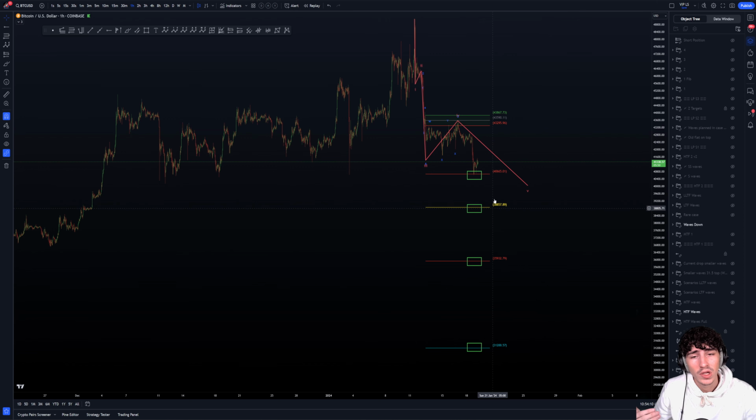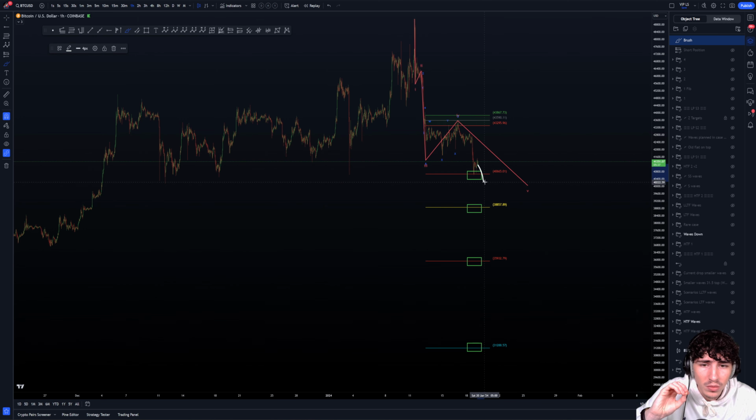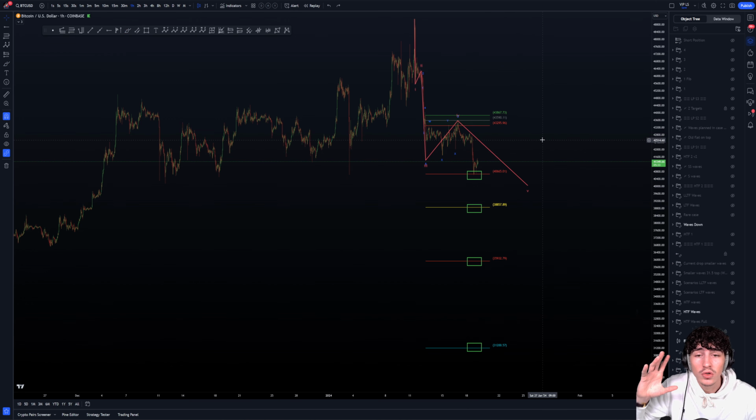Next, if we start breaking, here's the 38.2, we can look for the 618, then we'll have the 120 extension, and then the 1618. Be aware that the 38.2 and 618 are never touched to the dollar, so we can absolutely go a bit more down, spend some time here, and then reclaim. It's possible. That's why you should make sure to also use the levels.